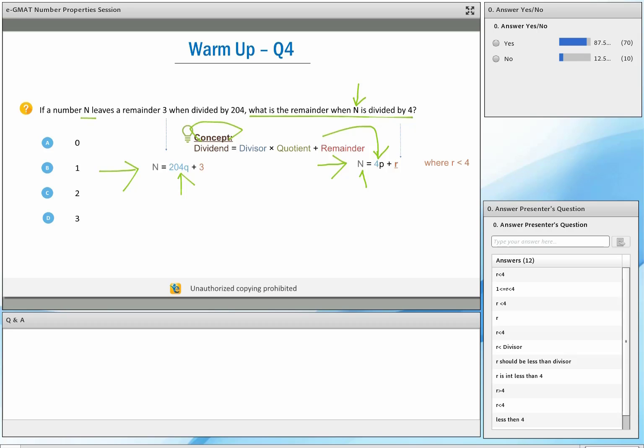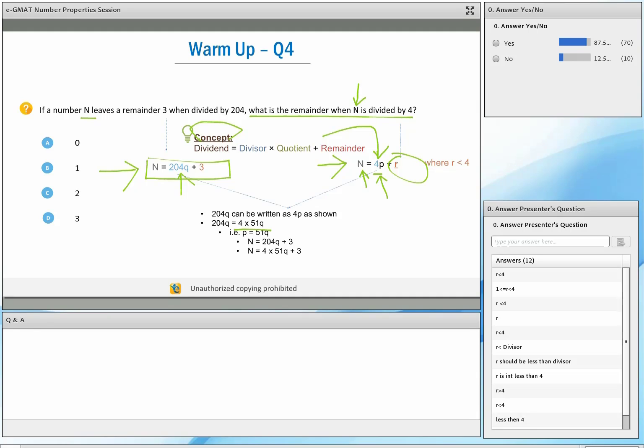And look at this, I have n over here. So essentially, all I have to do is write down this equation in terms of n in two parts. One part that is divisible by 4, so that I get my quotient times divisor part, and the other part that's not divisible by 4. See, the r part is not divisible by 4. So that's the thing that I keep in my mind, and I write down 204q in that form, right? 204q can be written as 4 times 51q, right?